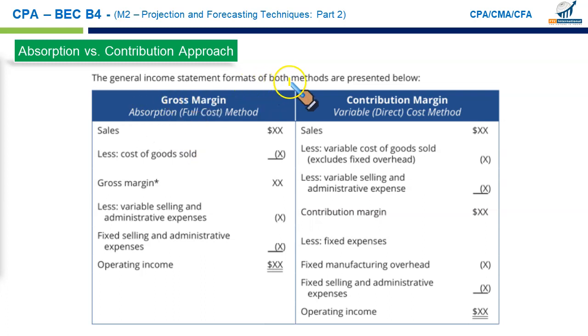The general income statement formats for both methods are presented here. If you use our conventional absorption based income statement, that is sales, cost of sales, you get your gross margin, and from this you deduct all the variable selling and admin, fixed selling and admin, you get your operating income under the US GAAP, IFRS, or the financial statement prepared for IRS submission. But if you use the contribution margin approach, also called the variable or direct costing, you take sales minus all the variable costs, whether they are related to production or related to selling and admin. That gives you the contribution margin. And from this, then we deduct all the fixed costs, production related fixed costs, non-production related fixed costs, gives us the operating income, and they are not necessarily the same.